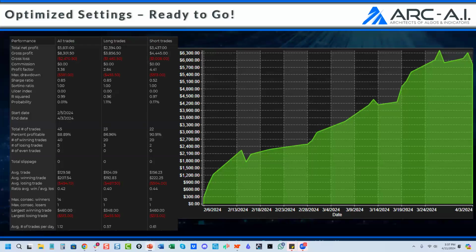I've bought products. I've paid for software. I've paid for education through the life cycle of my career. I know what it's like to buy something that I don't like, or I don't want, or I felt like I got ripped off. So when you're looking at ARC algos, we have a guarantee at the back of it,